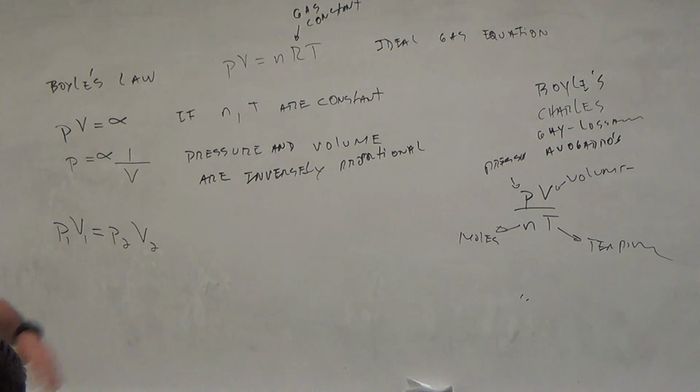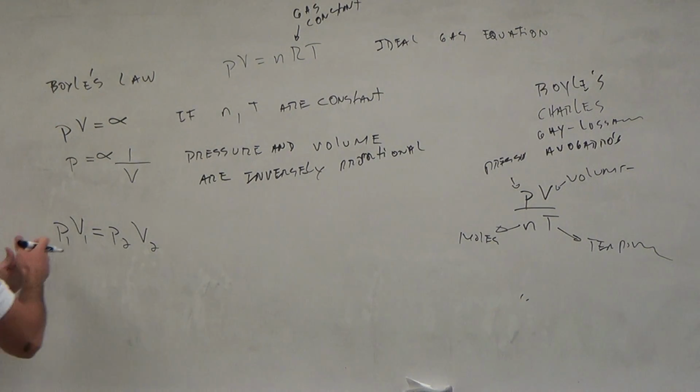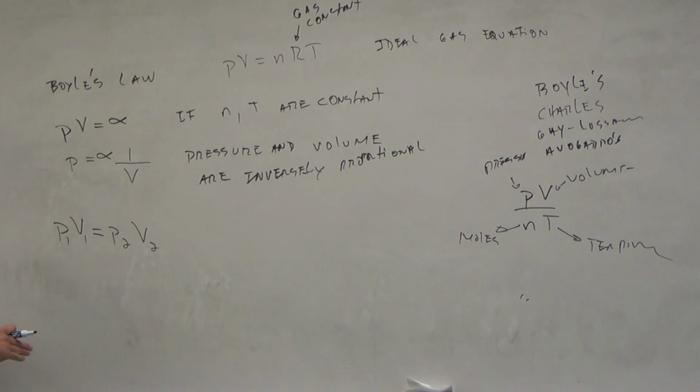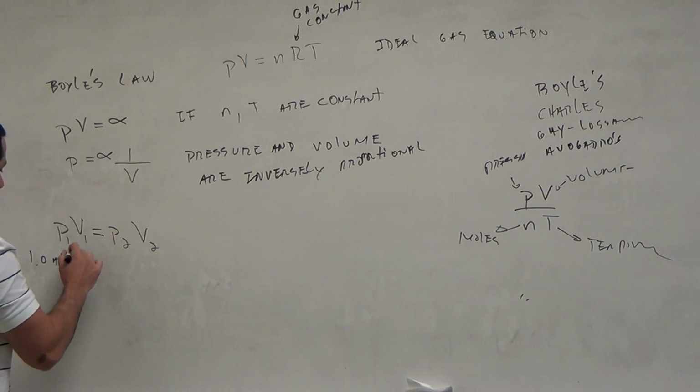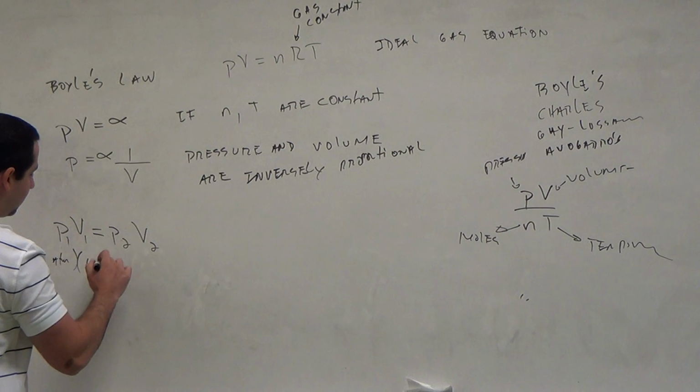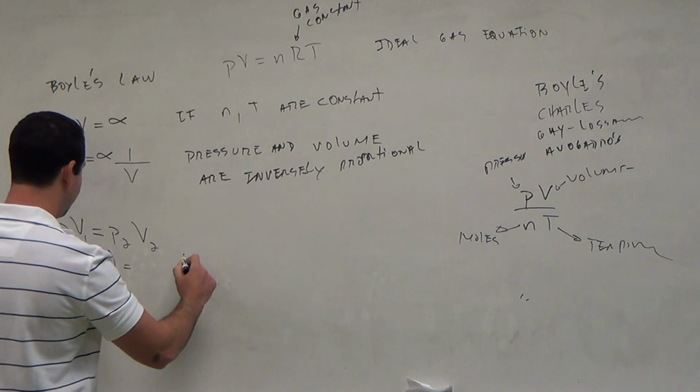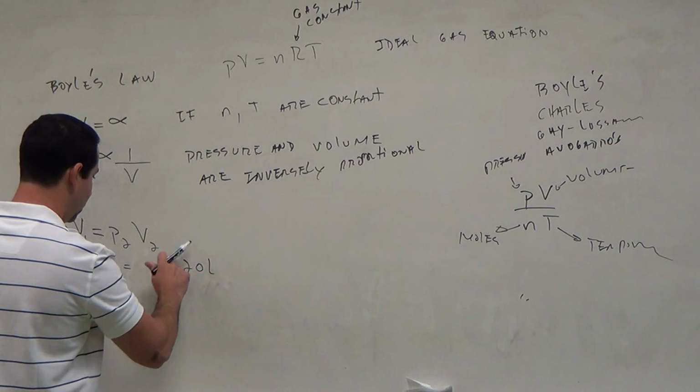Under one condition, under another condition. Yes or no? It's almost like a dilution. Yeah, it's like the dilution equation, but you gotta use this up here, yes? So the pressure times the volume for one condition has to be equal to the pressure times the volume of another condition. So let's say that the pressure is 1 atm here, and let's say that the volume is 10